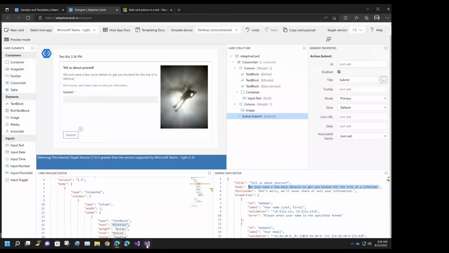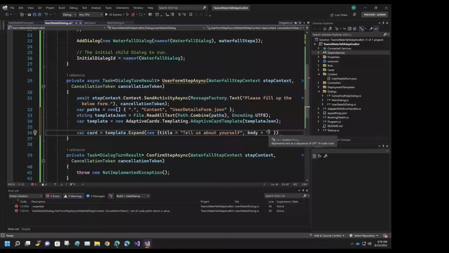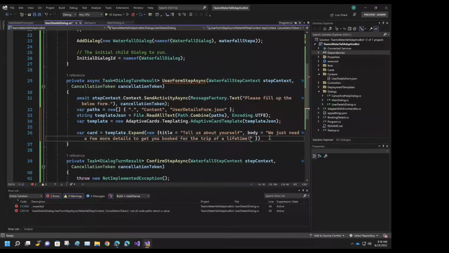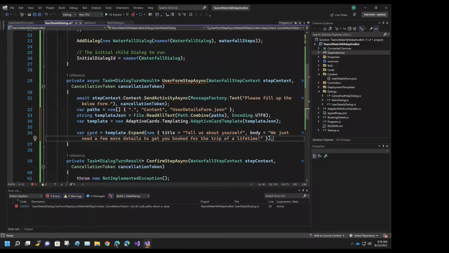Okay, so I'm going to just pass these two things so that you get an idea how to pass the data. So in our